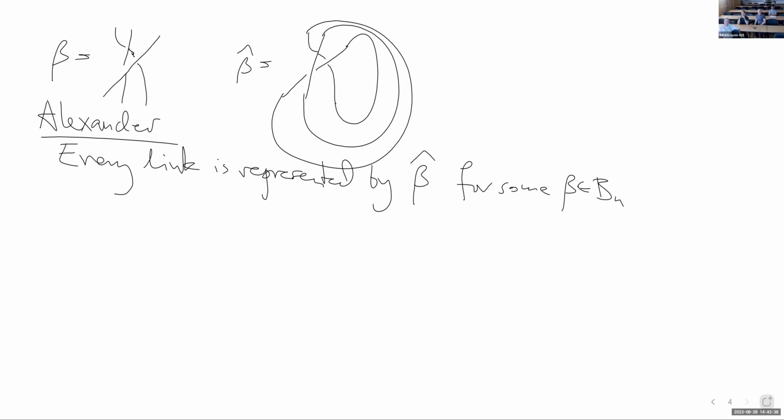And so there's a theorem of Markov, which classifies this non-uniqueness. He was a Soviet mathematician who proved in the 1930s that two closures that represent the same link